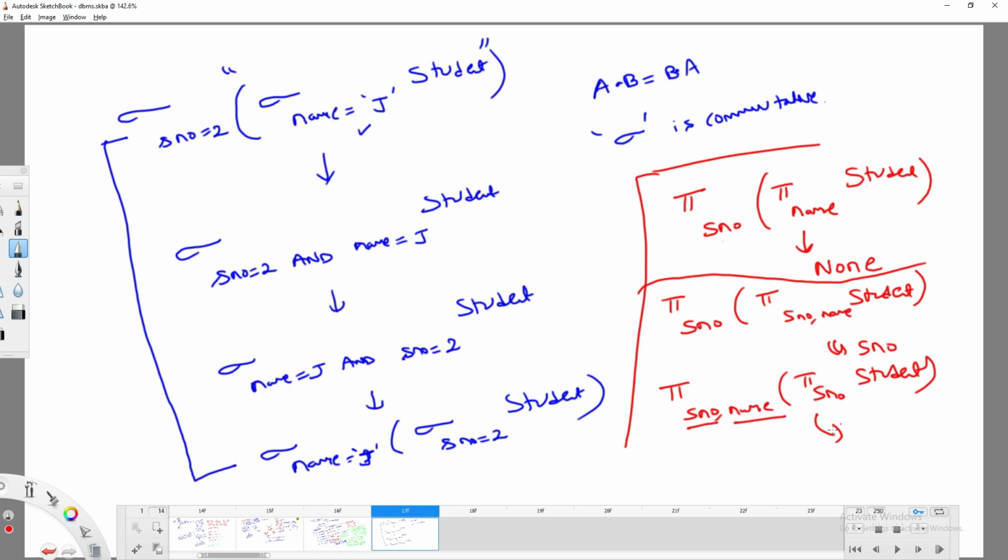So with this statement, can I say that project is commutative or non-commutative? Project is not commutative, meaning that while performing projection, you have to follow a certain procedure. Based on the requirement, you have to follow the procedure. Without the requirement, if you do it in a different way, you are going to get the wrong results. Whereas coming to the select operation, you can do it in any order, and you will get the data.